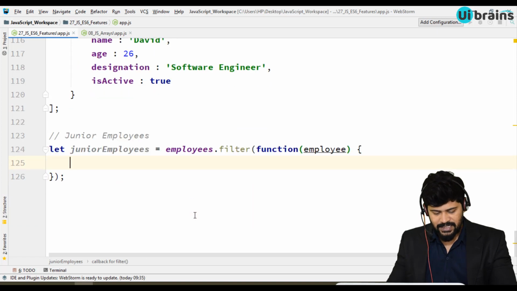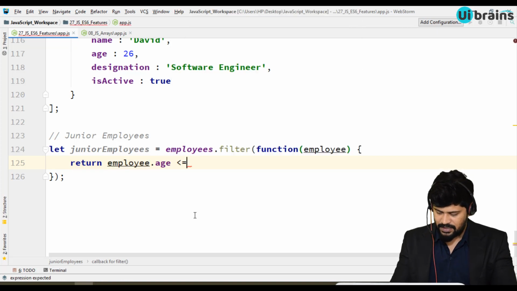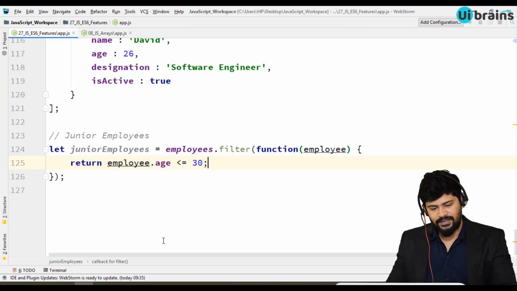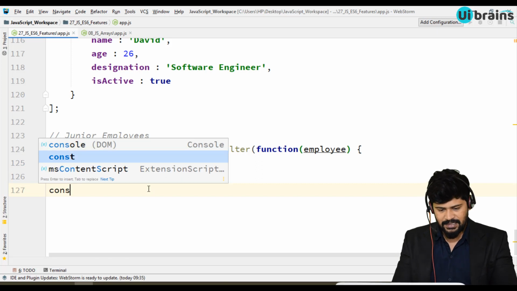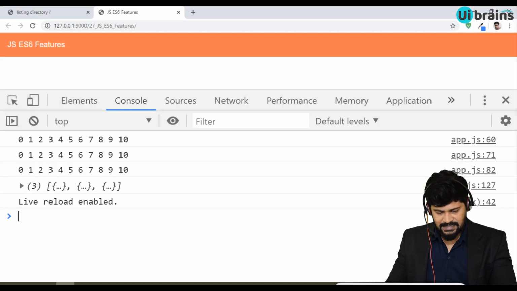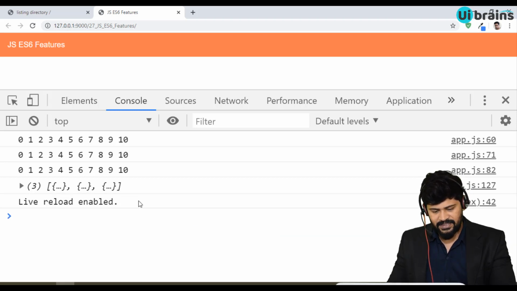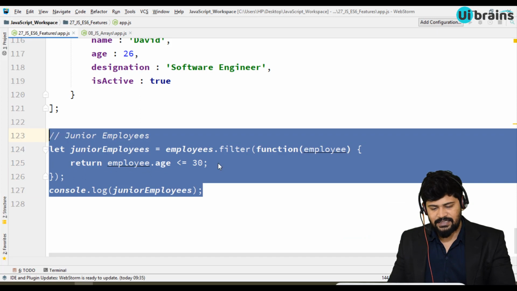So what you're gonna write is return the condition. What's the condition? The employee dot age is less than or equal to 30. Okay, and you say console dot log of junior employees. So you get the answer as Rajan, Laura, and David, all less than or equal to 30. Fine. So this is actually a normal function.